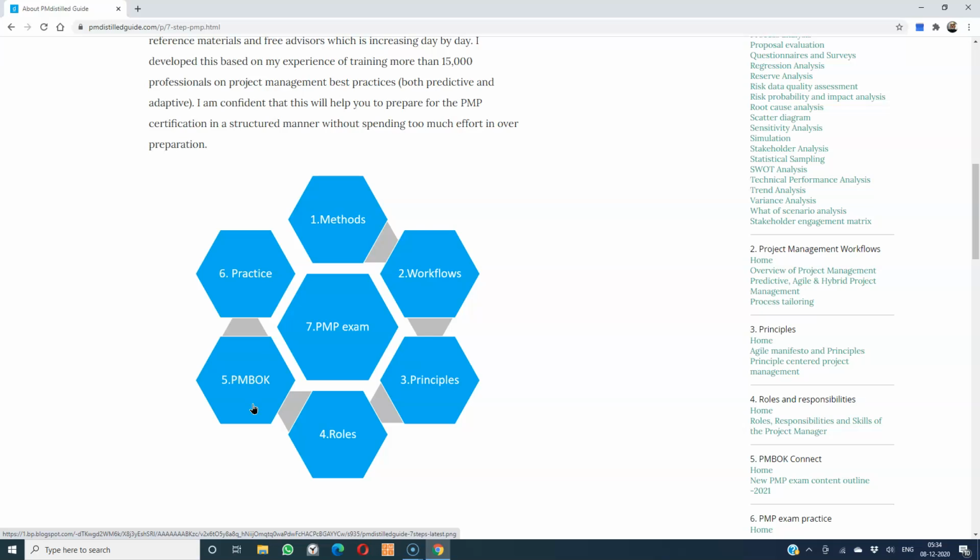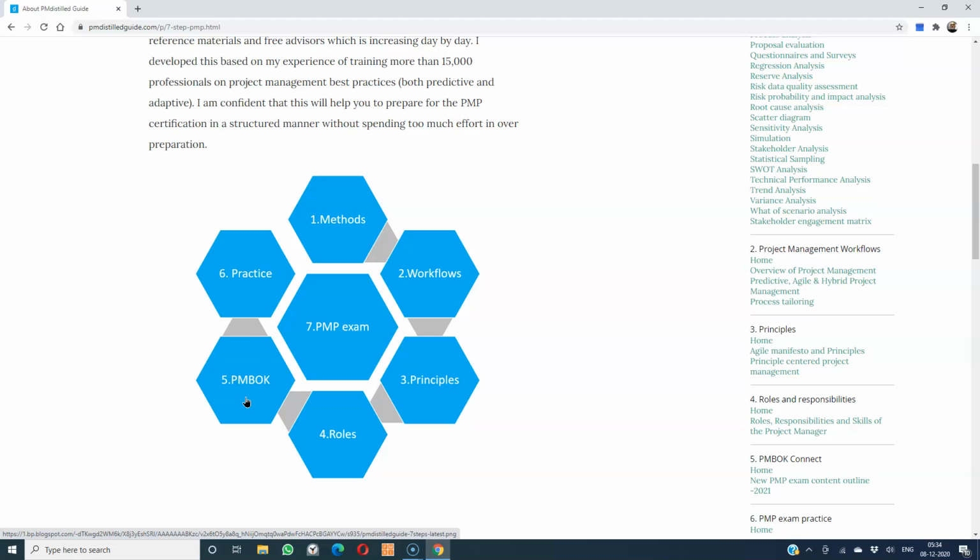Once you understand the nuts and bolts of project management, which is common across the frameworks, then it is easy to connect to the body of knowledge or any framework,